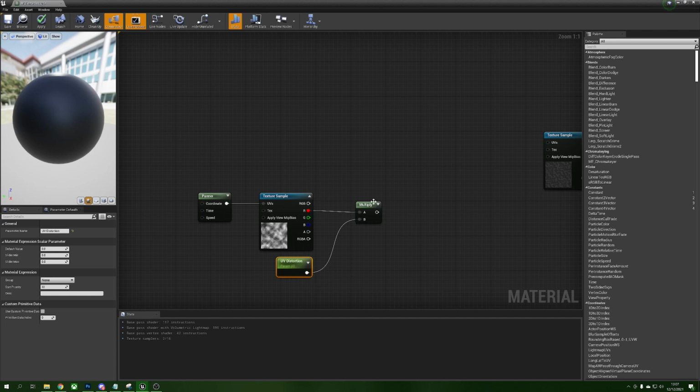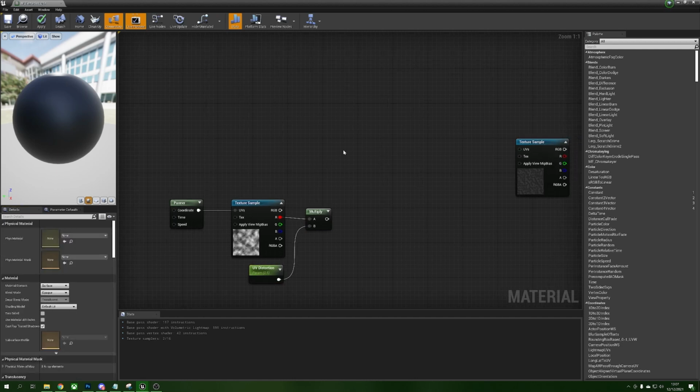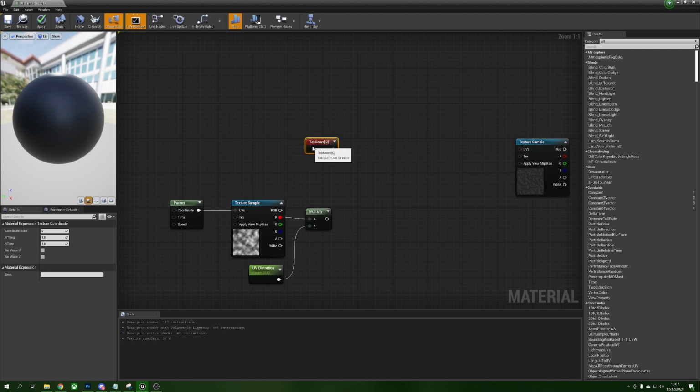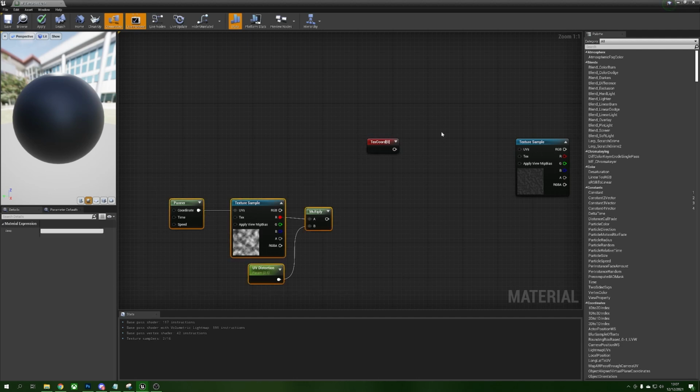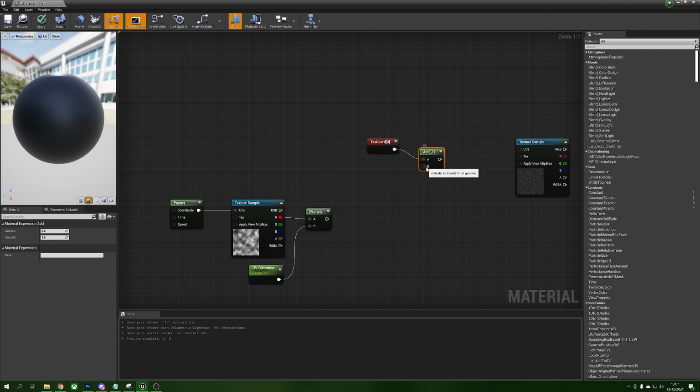And we'll plug this into the B, and for now I'm going to set this to 0.5 so that we can see it in just a moment. Next, we're going to hold U and left click for a texture coordinate, and this is essentially just our UVs, which is just at one tiling of each U and V. And to distort these UVs, we need to add this little guy to our UV. So hold A and left click for an add, plug the texture coordinate into the A and the multiply into